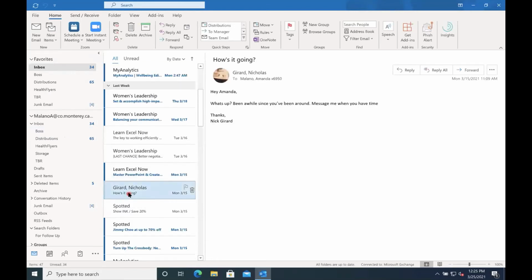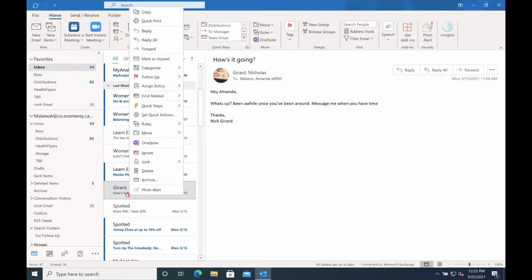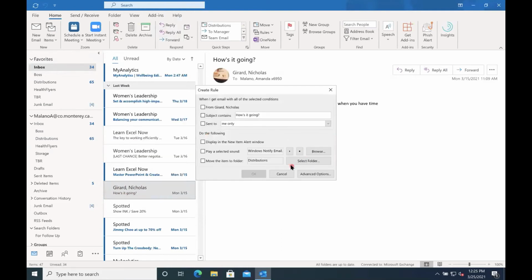You can actually customize these. And I'm going to right click on Nick Gerard's email. Nick is one of our staff. And I'm going to go to rules, and I'm going to choose create a rule, which is going to allow me to create a customized rule. So an example of how you might use this